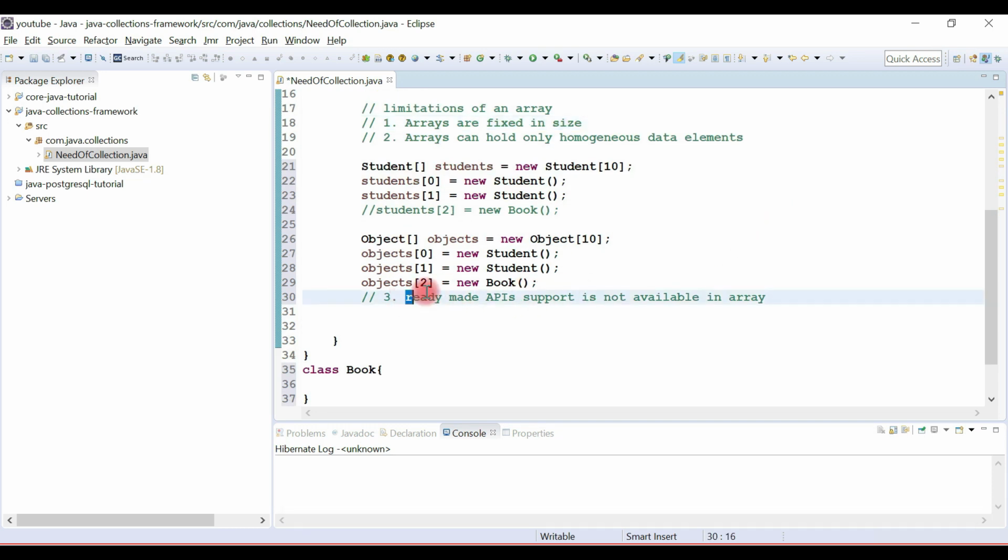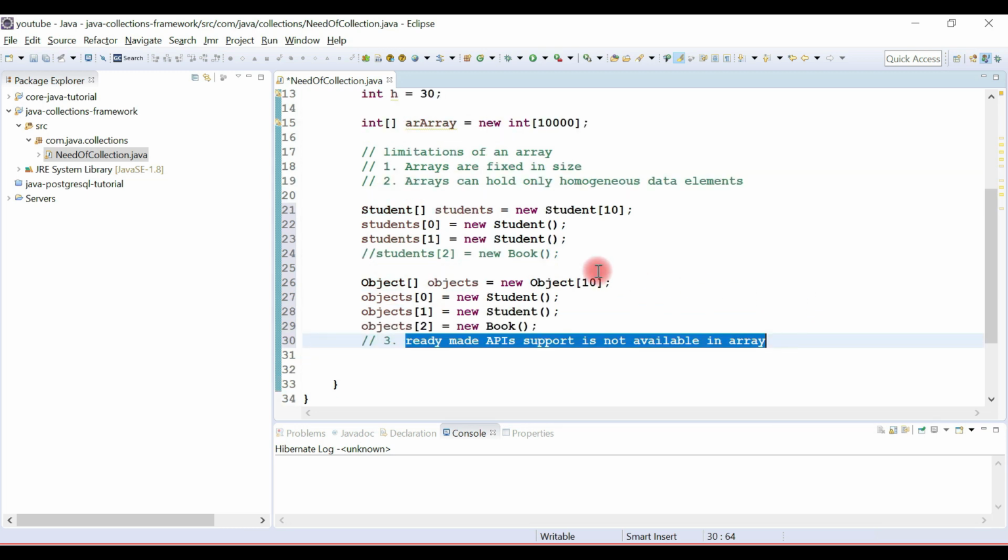And the collections framework is implemented using standard data structures. There are a lot of ready-made APIs available, so we need not explicitly write any APIs or methods to work with data structures or algorithms in the collections framework. In this way we can reduce a lot of programming effort by using the collections framework. So all these limitations are solved by the collections framework, which was introduced in the JDK 1.2 release.